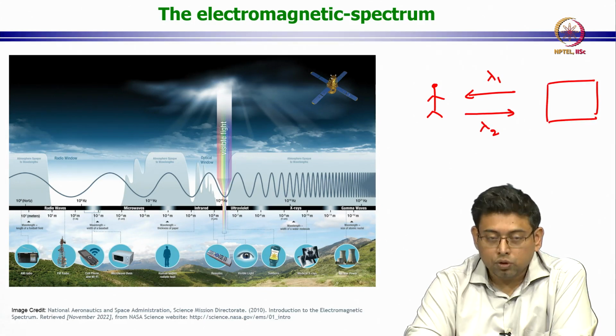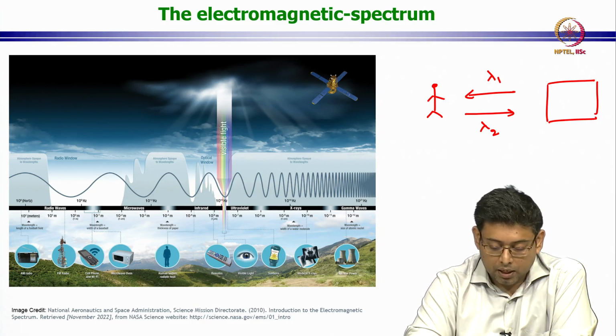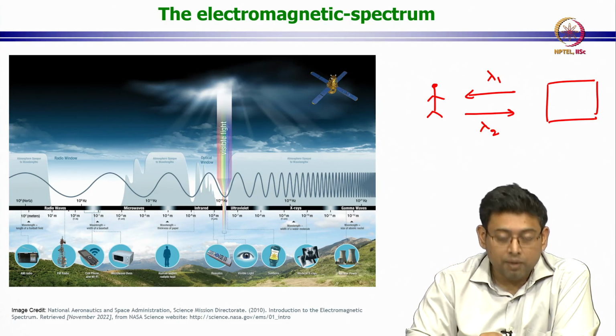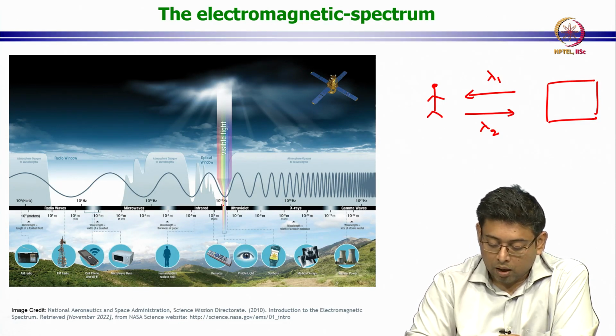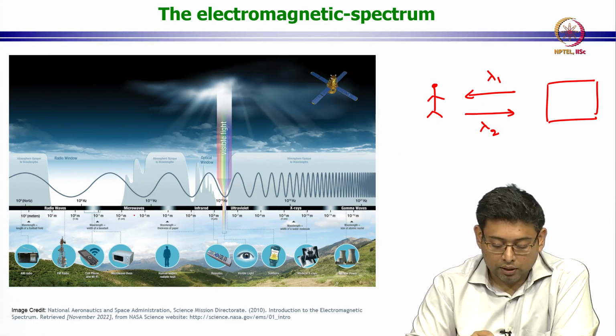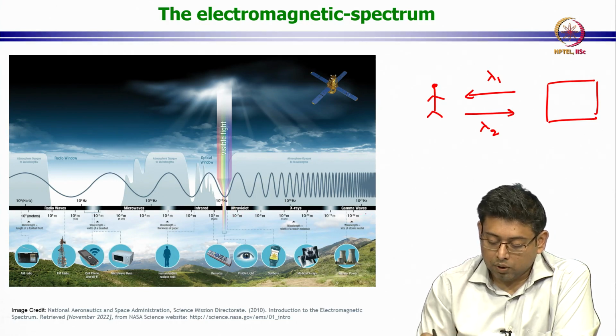Now, visible light is nothing but a part of the electromagnetic spectrum. This is an image I have taken from this website, and it shows very nicely the distribution of different wavelengths of the electromagnetic spectrum. From the left you have radio waves, then microwaves, then infrared, and then here you have the visible spectrum. Then it goes into shorter and shorter wavelengths towards the right, where you have the ultraviolet, X-ray, and gamma